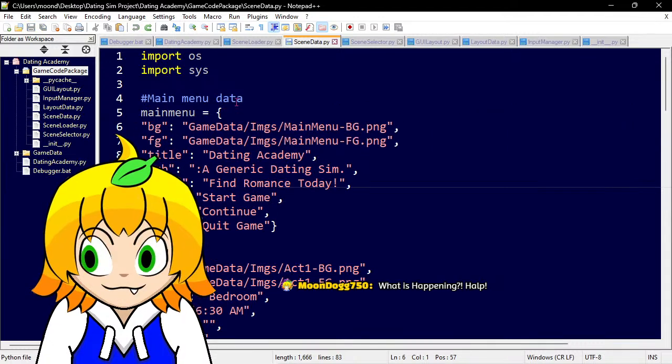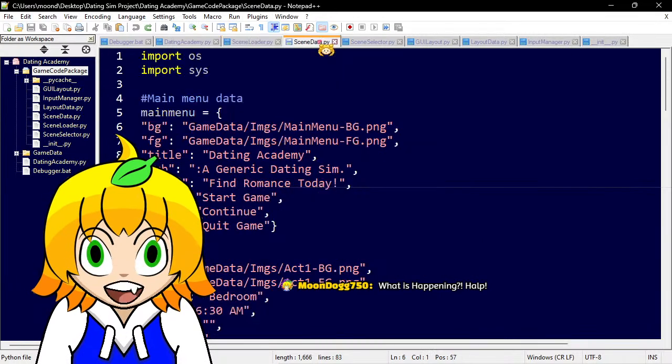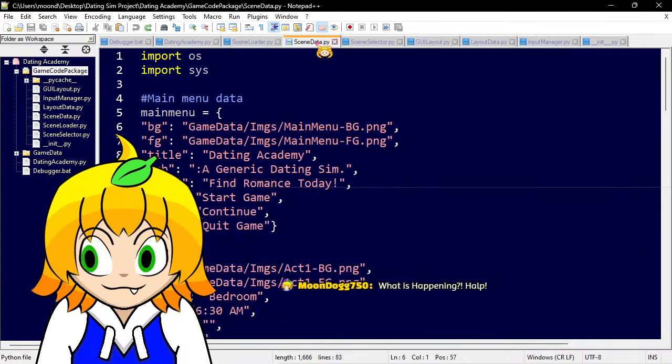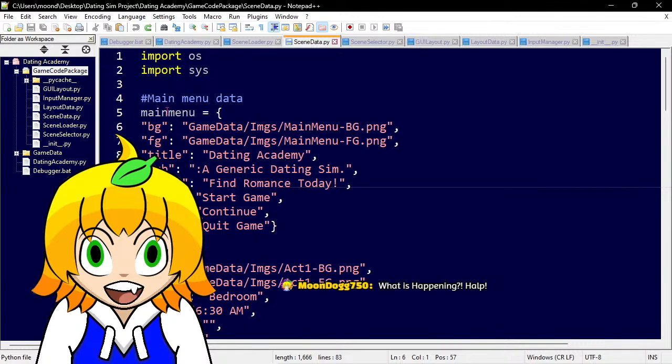Anyway, the scene loader is going, okay, I need scene data, being this module, and I want to pull main menu, which is a dictionary. What this dictionary does is it holds a bunch of other information, which we tag. These are the tags of the information, and then this is the information itself.